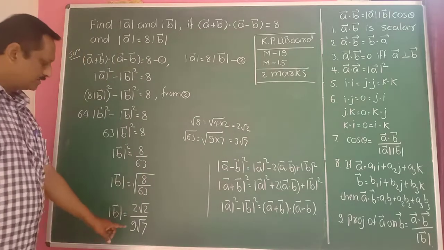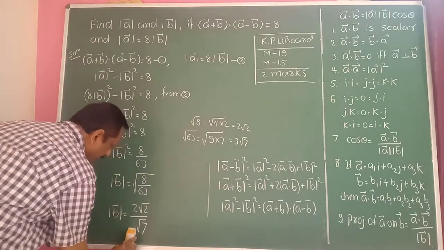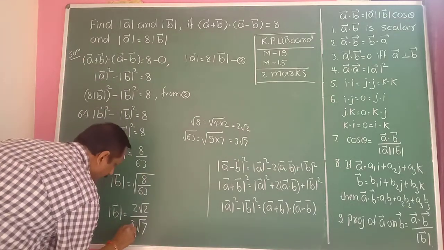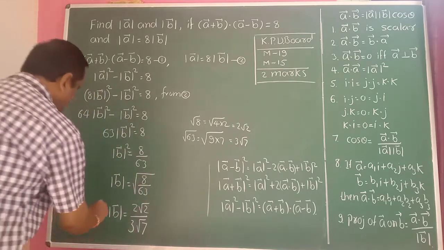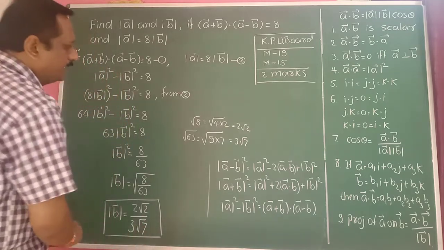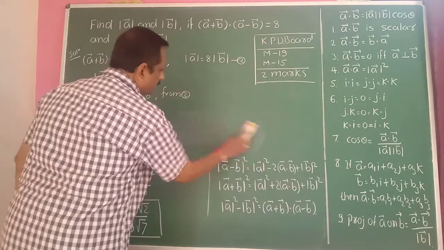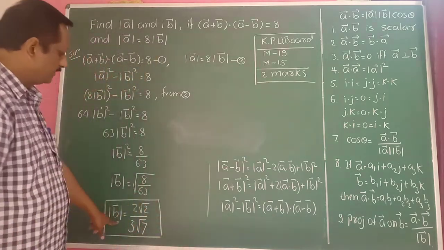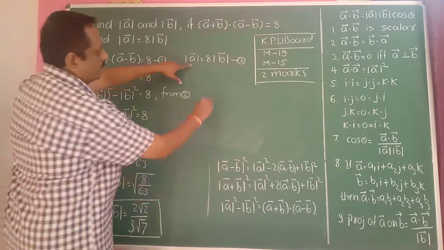3 root 7. So it is not 9 here, it is 3. So 3 root 7. So modulus of B bar is equal to 2 root 2 divided by 3 root 7 here. So use this value in the equation 2. Therefore,